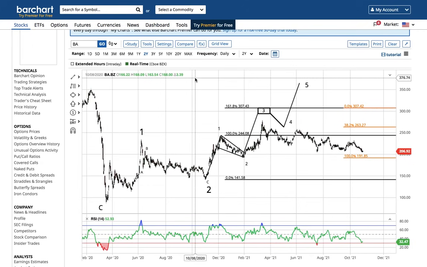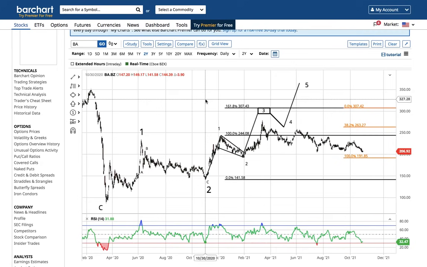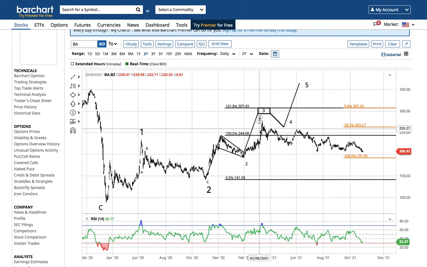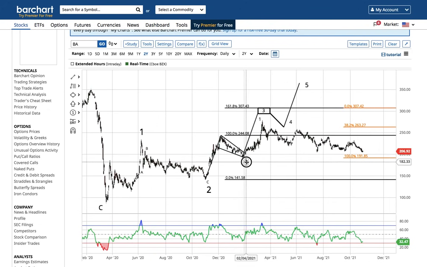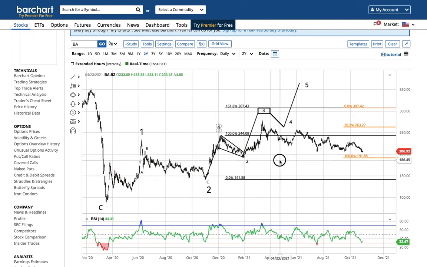If we went below 191, it wouldn't be the end of the world. The biggest invalidation level for Boeing is all the way down at 141. As long as Boeing's above that, this is a wave 1 and a wave 2, and most likely this is going to be counted as a nest, where this is either another wave 1 and another wave 2, or if we break below 191, that's another wave 1 and another wave 2. So the 78.6% retracement of this rally, if we call this a wave 1, is 170. That would be a deeper invalidation level. I don't think we're going to get to that point, but if we're above 191, maybe a little lower would be 170. This is another wave 1 and another wave 2.